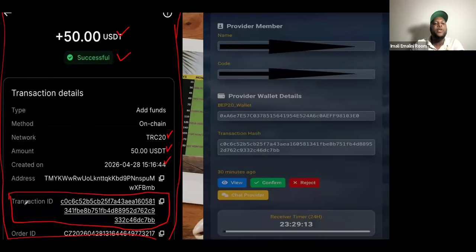Because paying alone is not enough. You need to let the person know that you've paid by attaching this document. You attach a screenshot, and there's also a space where you put this TX ID, the hash ID. We educate you on how to see it and what it looks like. And once you have done that, it's only for that person to confirm. Because this person will see something like this.